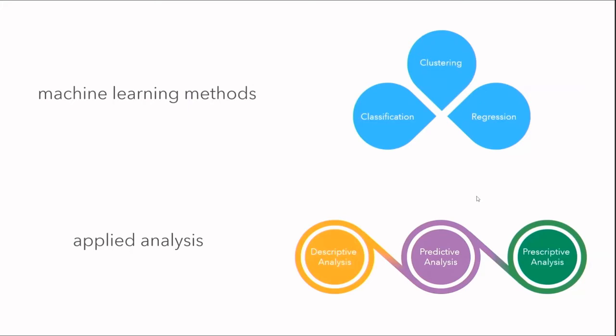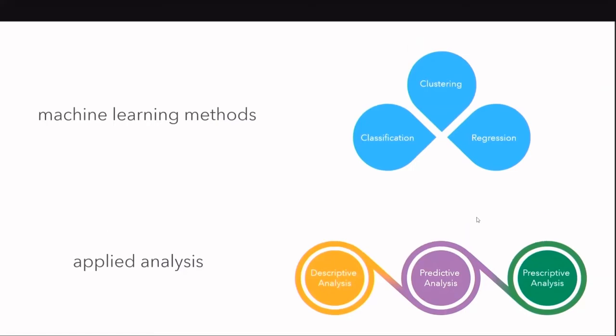Going beyond the methods, if we're talking about applications of these methods to distinct problems, we are generally talking about three main tasks. The first one being descriptive analysis, where we describe the data so that we can understand it, we can summarize it, we can seek patterns in it. This leads to predictive analysis, where we are trying to form relationships between different variables to make a prediction. And prescriptive analysis pertains to analysis that we do to make decisions that are directly impacting our decisions, such as designing zones for COVID-19 clinics, allocating resources, and so on and so forth.